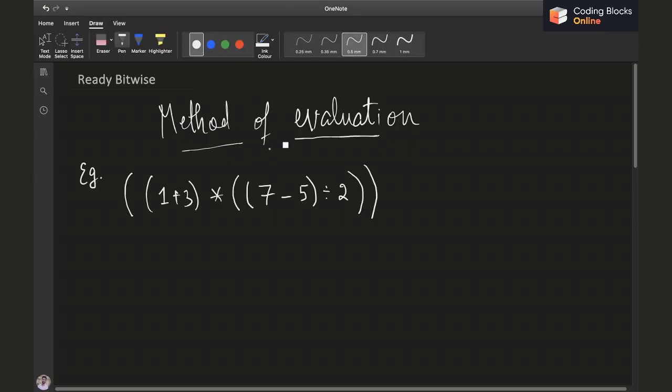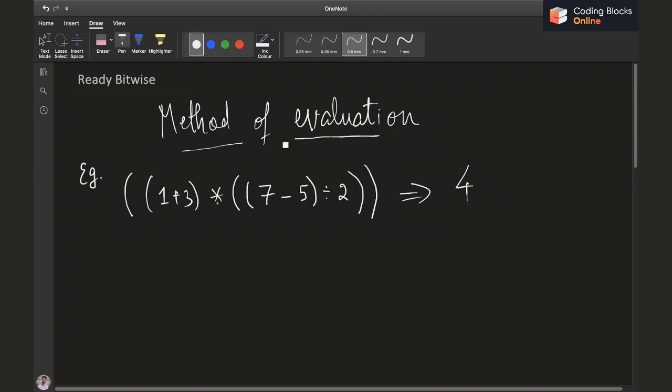Let's try to see how we can calculate a given expression. I know that the expression that we are given in the question is a Boolean one. Just to know the method, we can simply try it for this expression as well. If we see, the answer for this expression is going to be 4 into the value of this, which is going to be 2 by 2, which is 1. So 4 into 1 is going to be 4, right?